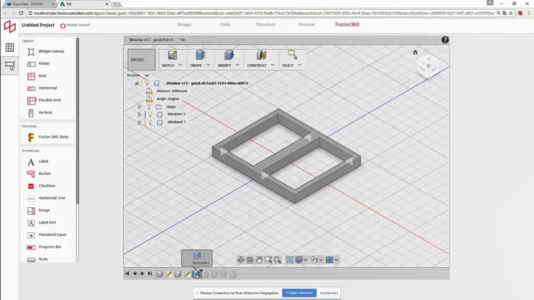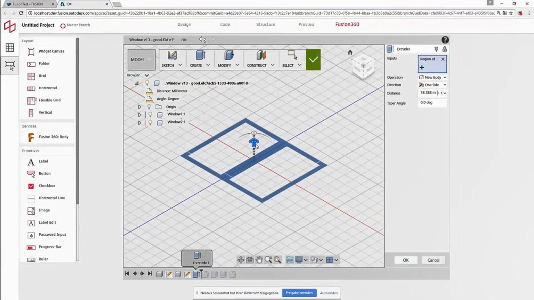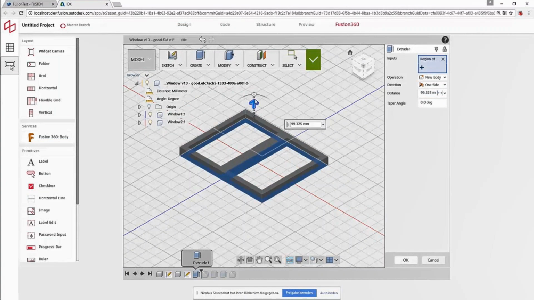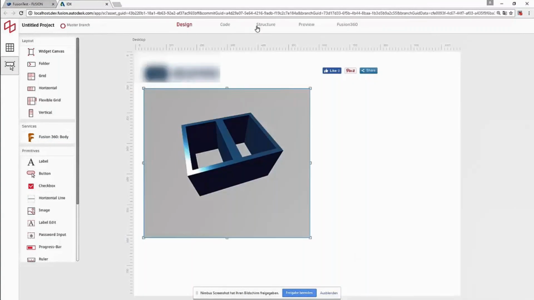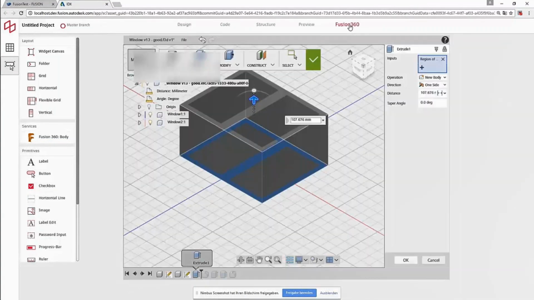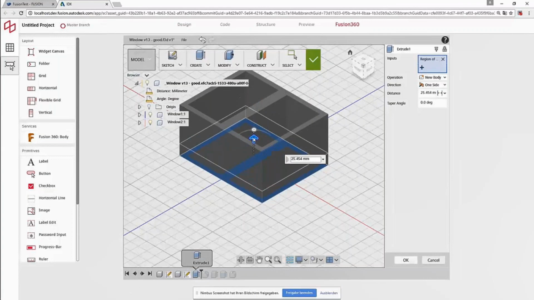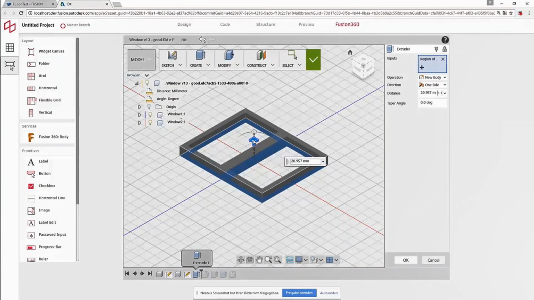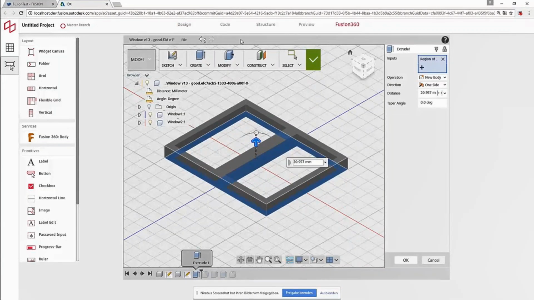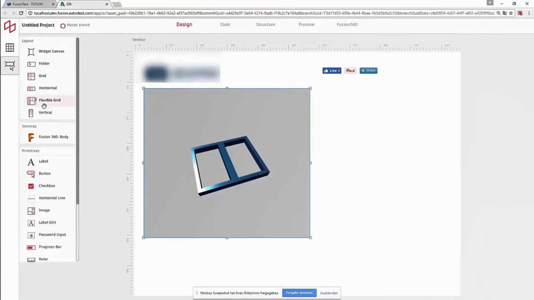And you'll notice the model that the website is driving is actually, in this case, in Fusion 360. So we are literally exposing a CAD model and a CAD modeling, editing, creation system through a web page,